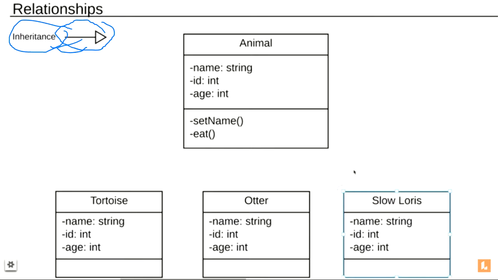Let's see it again. Suppose this is my animal class. Now I want to create three more classes. These are not objects right now. Just suppose we want to create three different classes: one tortoise, suppose this is tiger, and suppose this is lion. So these are the subclasses or the child classes of this animal parent class.